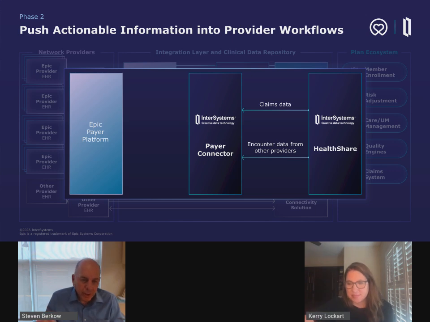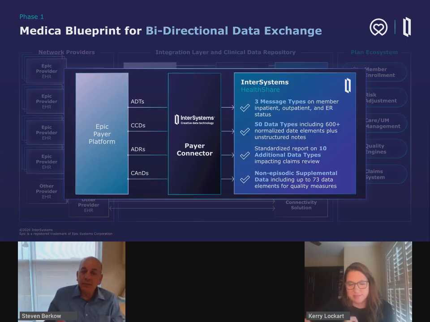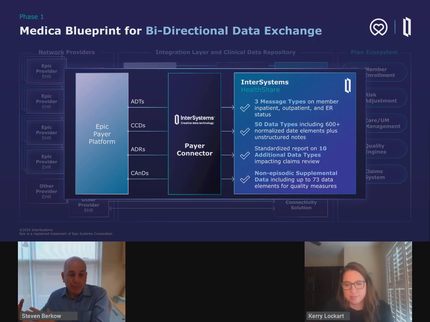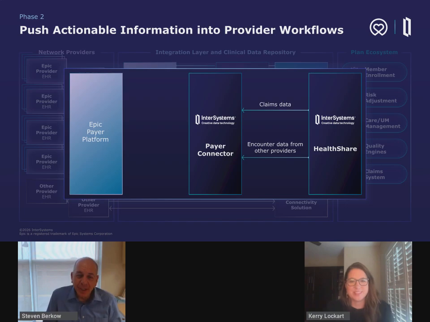Just to ground everyone, what Gary was talking about was effectively phase 1. We were still kind of unidirectional. And even there, a lot of people are seeing use cases in terms of how the back-end plan systems and operational functions can leverage that data. Now, with phase 2, hold on to your hats, everyone. We're going bidirectional.